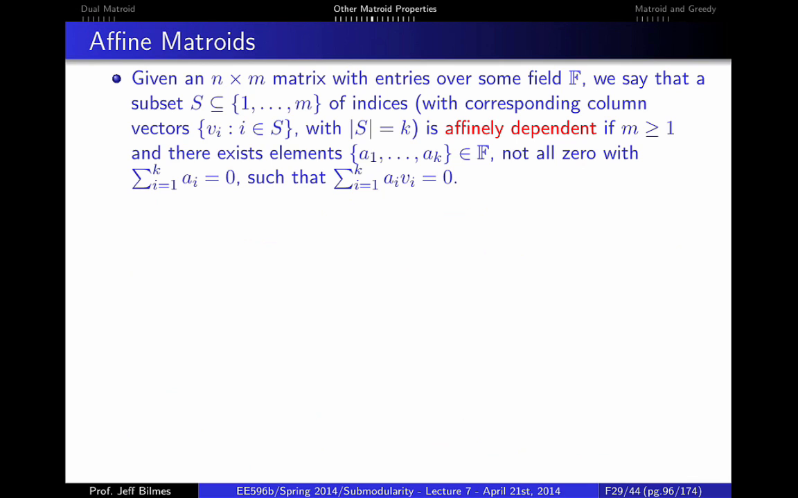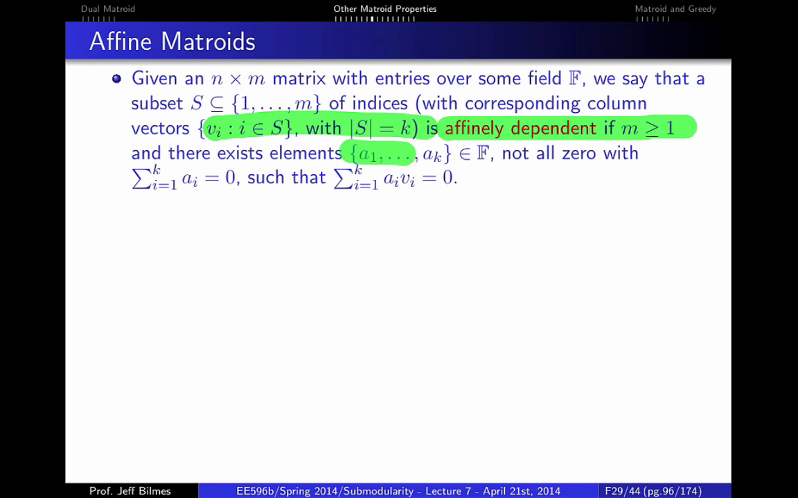And everybody, I'm assuming, knows what an affinely independent set of vectors is. But just in case, let me review. We've got an n by m matrix, which is defined over some field. And we've got a subset of the indices corresponding to column vectors. Let's say that S is a subset of size k. We say that the corresponding vectors are affinely dependent if, first of all, there is more than 0 of them,